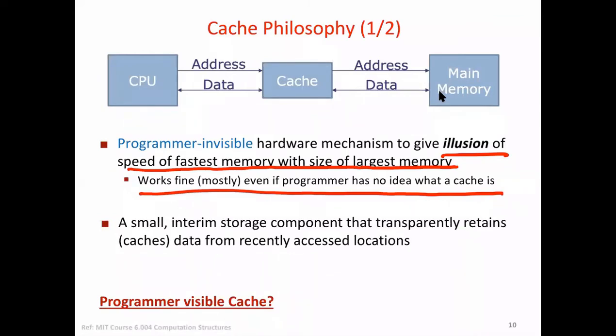Now remember that you have done one assignment, possibly the first or maybe the second assignment, wherein I gave you a matrix multiplication, and the order in which you executed it gave different answers, right? What was the reason? The reason was that you know in what order the data is stored in the cache. So it's not that knowledge of cache is not necessary for a good programmer. Surely it's necessary for you to write better programs.